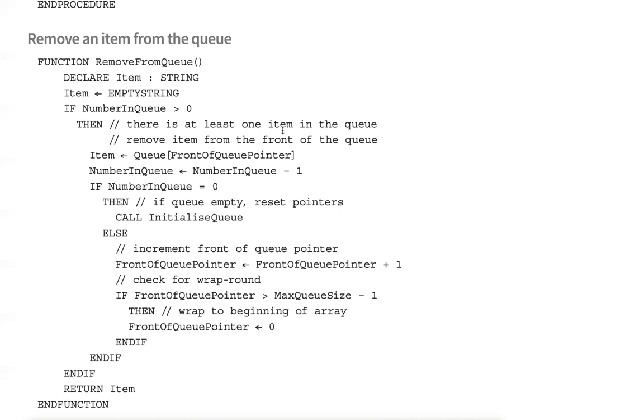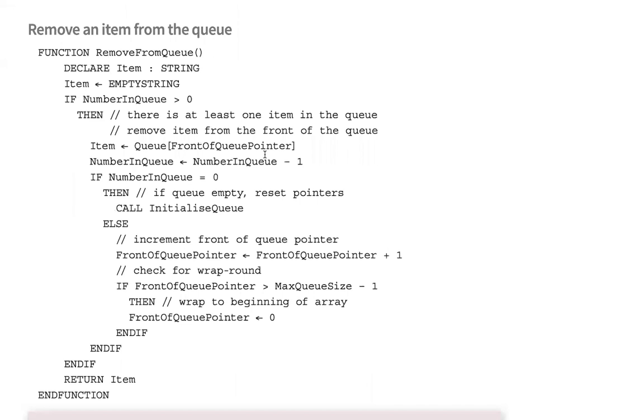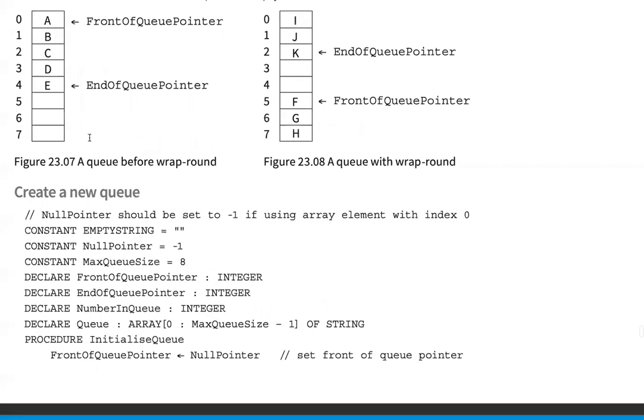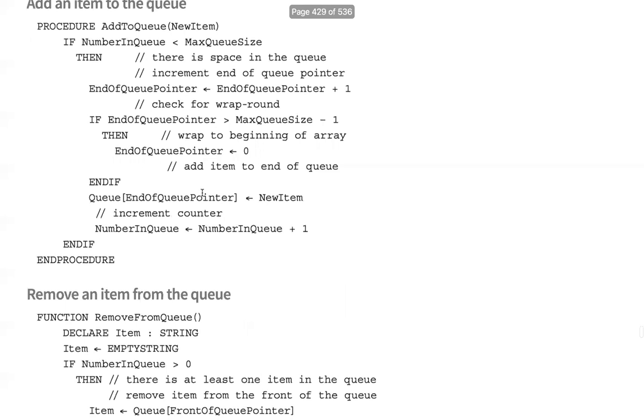So what we'll do is simply access the front of the queue pointer at that moment, because obviously my front of the queue pointer is pointing towards the first element that is ready to be removed. So in my array, I will access that index position. I will take that value and assign it to the variable item. Since the element has now left, my front of the queue pointer has to come down. So as you can see here, my front of the queue pointer